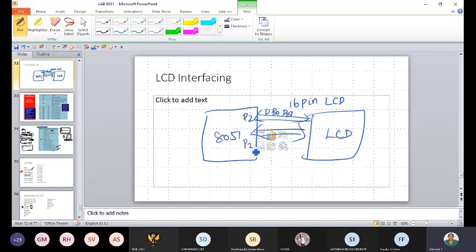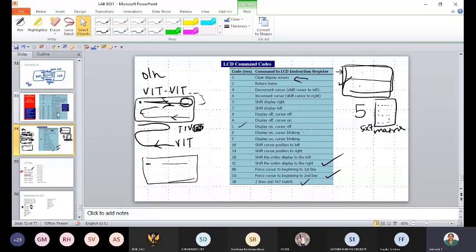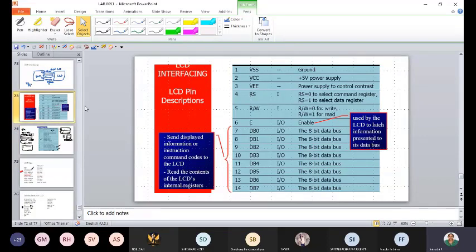Whereas port P3 will be used for your control signals. Control signals in the sense RS, read or write. You need to tell whether you are going to select your command register or use your data register for placing the data, and whether you are going to read or write.